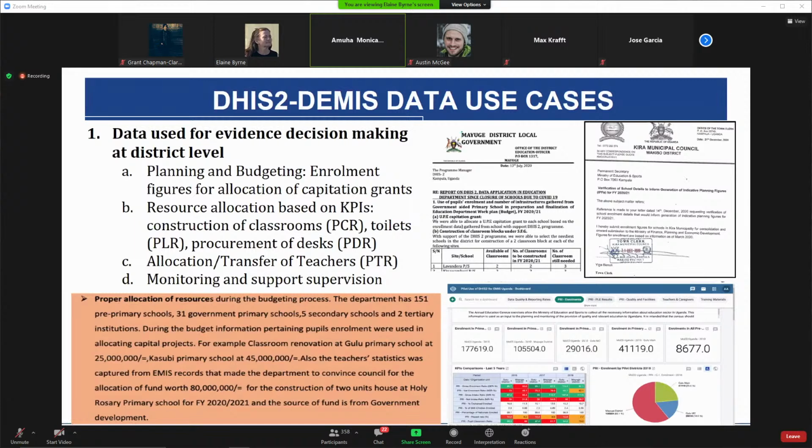And then as you can see in one of these dashboards, we have a scorecard here where we are having districts be able to visualize performance at different schools, or even the central level visualize performance at different districts. So this enables targeted monitoring and support supervision. This abstract here is from one of the districts telling us how they actually used the data to inform renovation of classrooms as well as construction of teacher houses. Next,